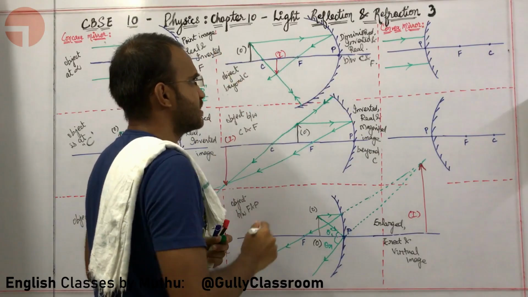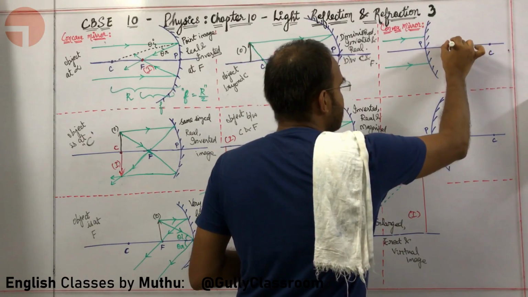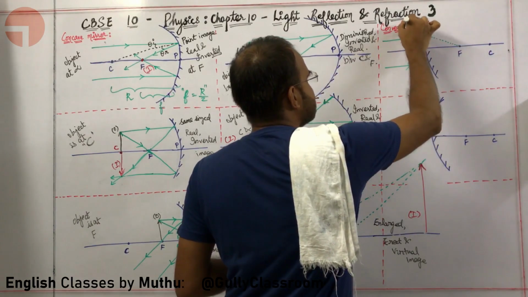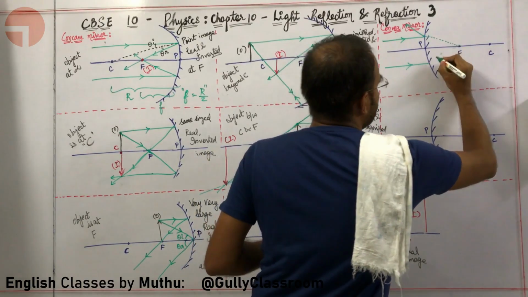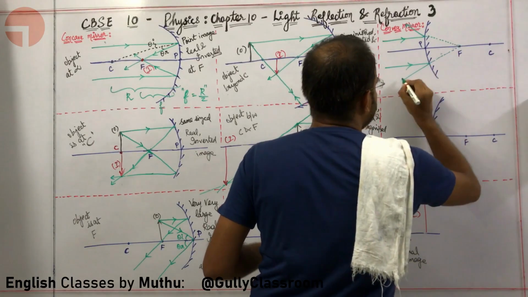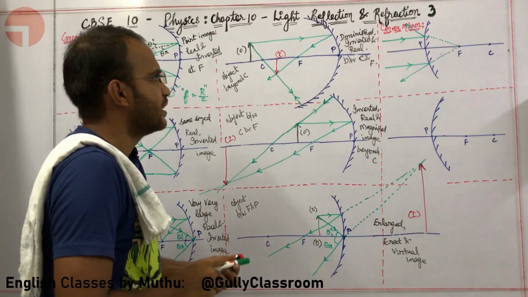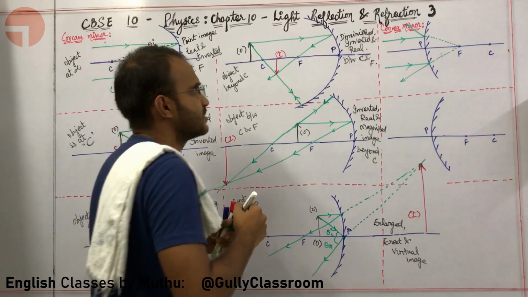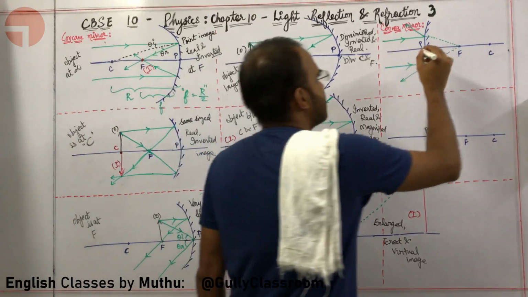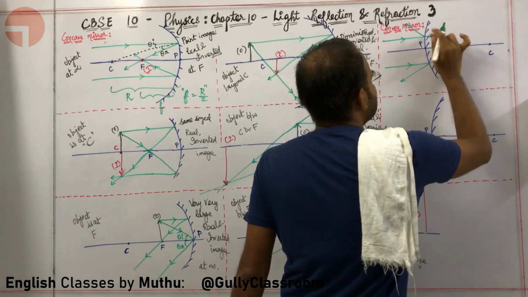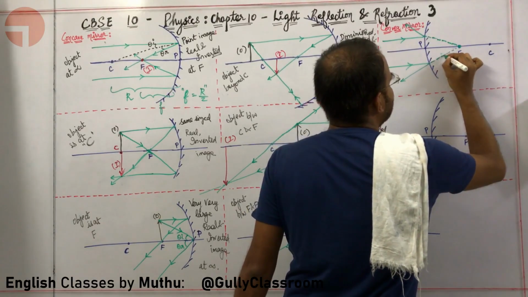Beautiful. What next, sir? If the object is at infinity, the light rays will be parallel, and these light rays in a convex mirror will be diverged in such a way that they are coming from the focus. Sir, I am comfortable here. Okay, now what is actually happening? Here the light rays are diverging. What am I supposed to do if the light rays are diverging? You are supposed to extend the lines towards the back. Where is it meeting? It is meeting at the focus.